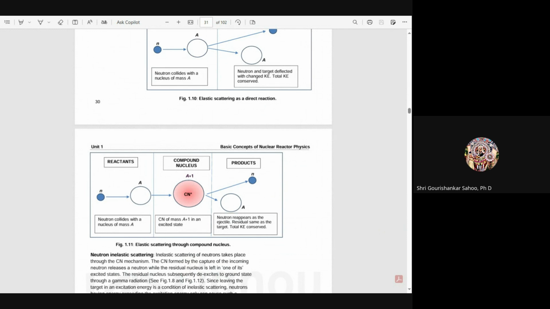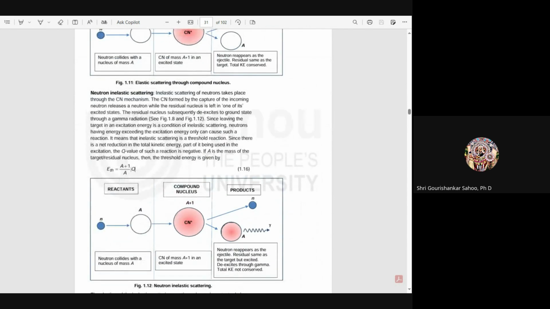Elastic scattering can also occur through a compound nucleus, where the reactant is a neutron and the nucleus A, and when the neutron is bombarded on the nucleus A, then the compound nucleus is formed, which has mass A plus 1 and is in an excited state. Then it disintegrates to a neutron and a nucleus having mass A, and the neutron reappears as an ejectile and the residual is the same as the target, where total kinetic energy is conserved. Then there is non-elastic scattering,